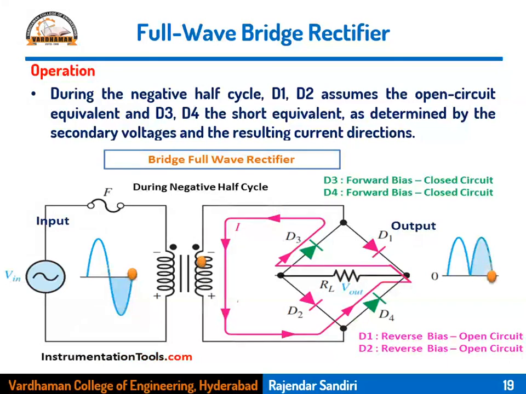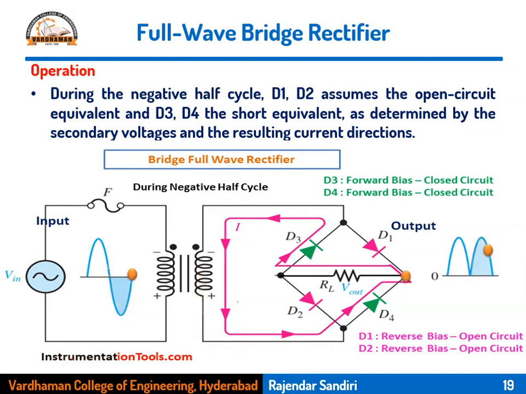Okay. Now from there onwards, the circuit elements are the only difference, and the operation is different. But the shape of the output waveform will be the same as that of the center tapped full wave rectifier. So one cycle of this full wave rectifier we can take from 0 to pi, and thereby we can calculate all the characteristic parameters like DC current, DC voltage, RMS current, and RMS voltage.